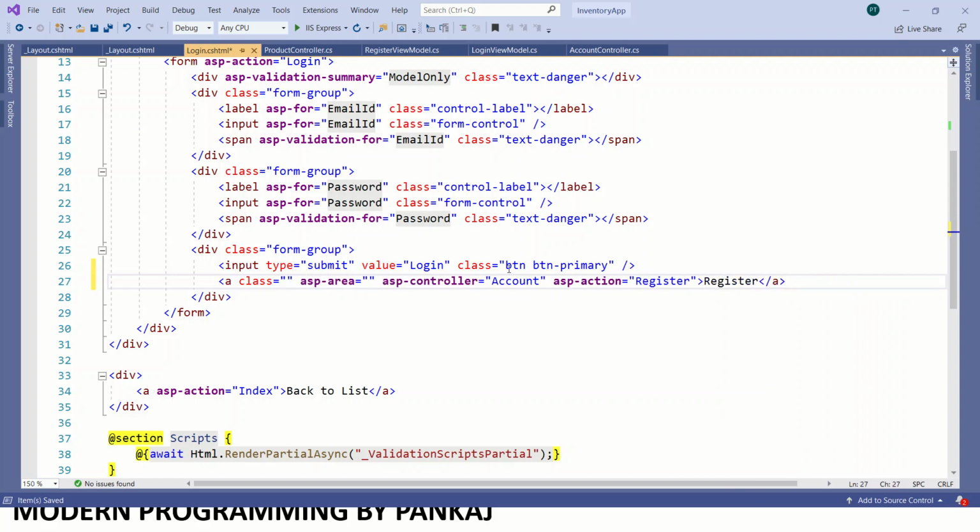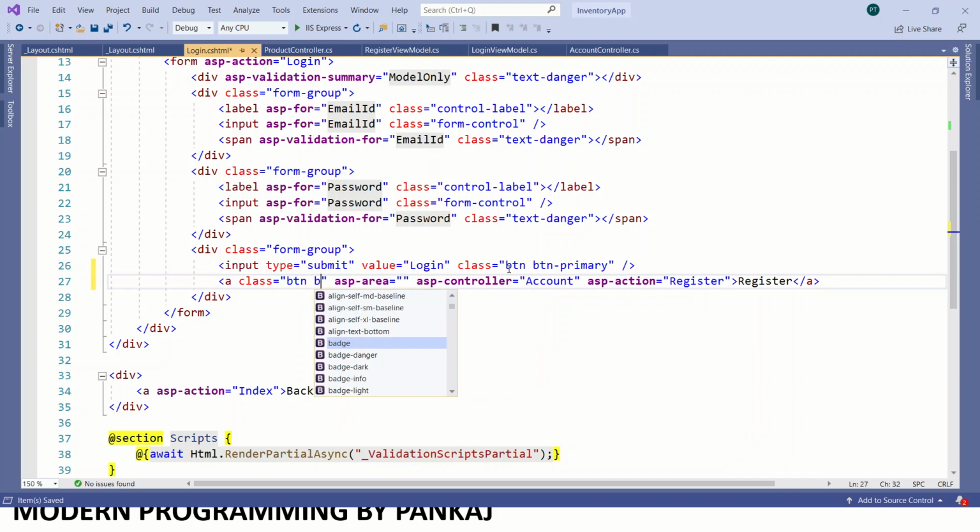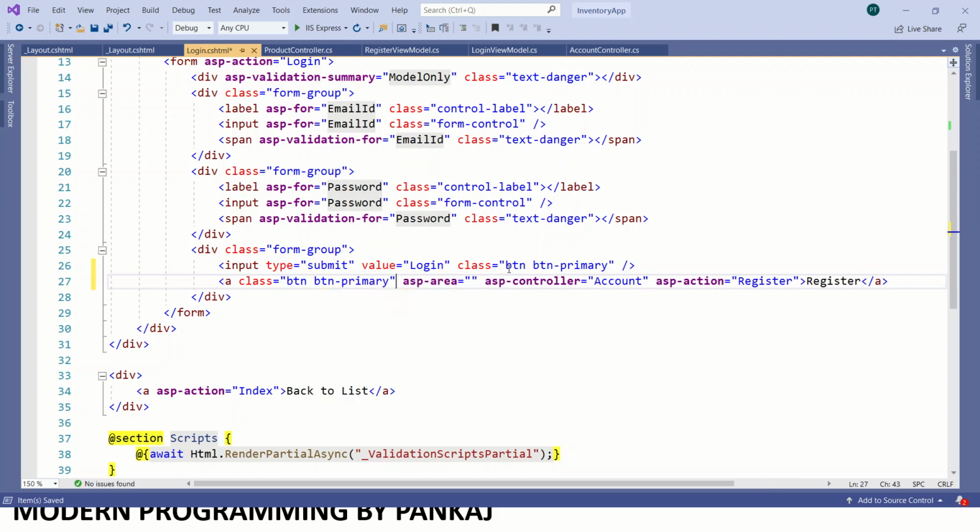And we'll give this button the primary class. So this is the register button and this is the login button.